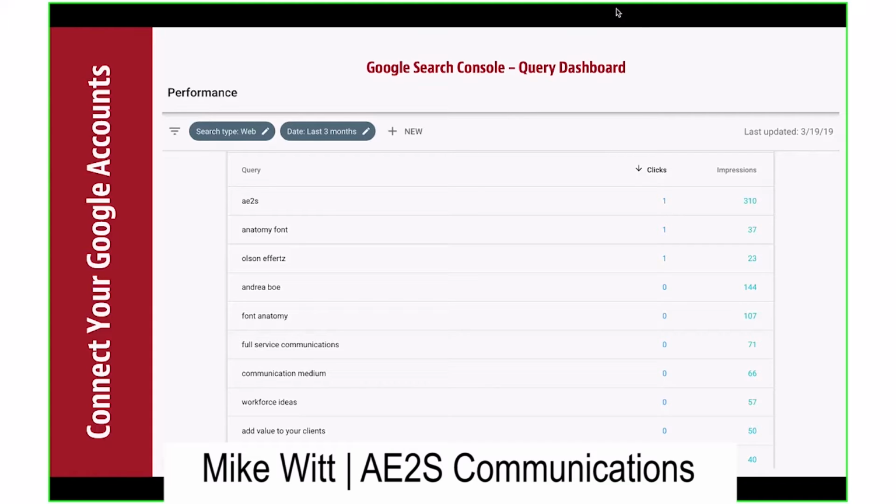And I just want to take a break here too, because I think I've been talking fast and furious about this. So regarding Google Analytics, Google Search Console, and setting up those accounts, does anybody have any questions about that, or any colleagues have any supplemental feedback for me?